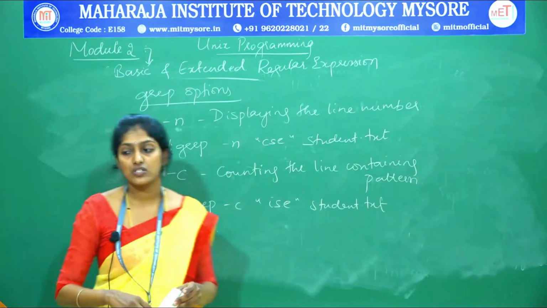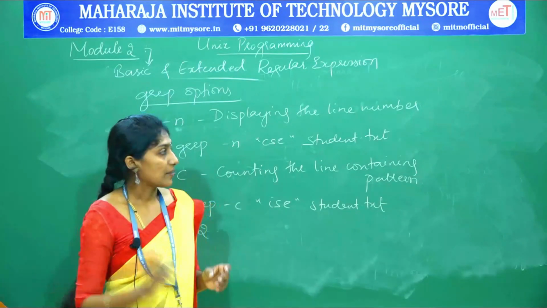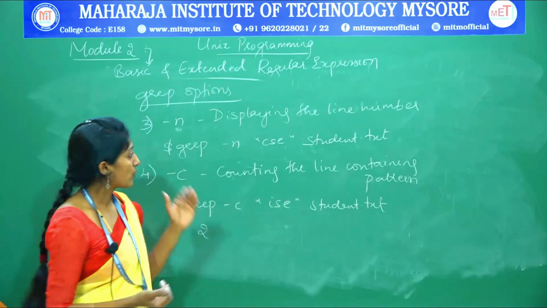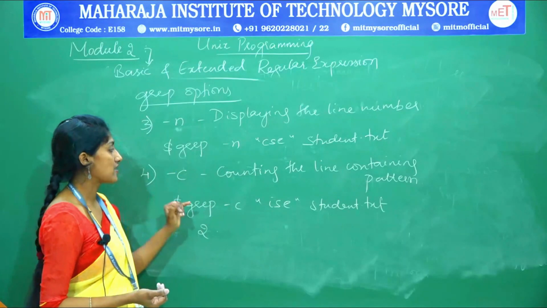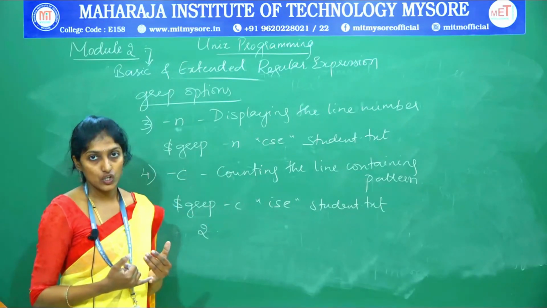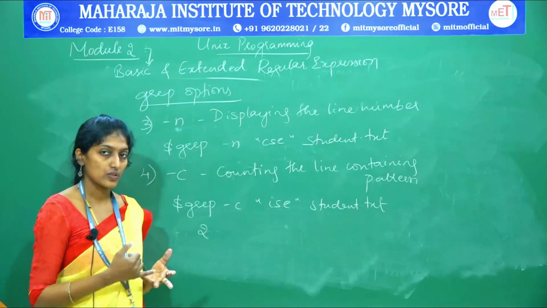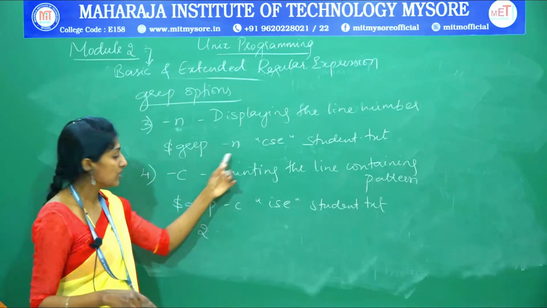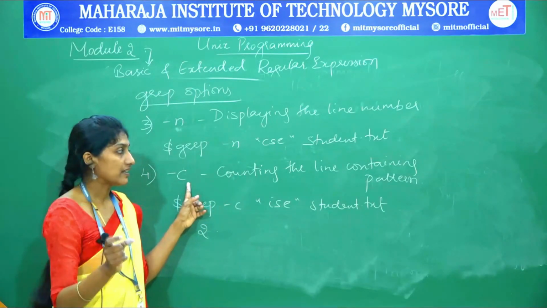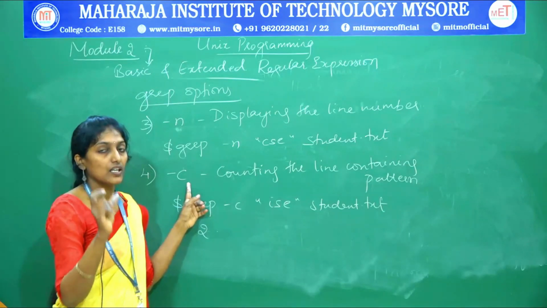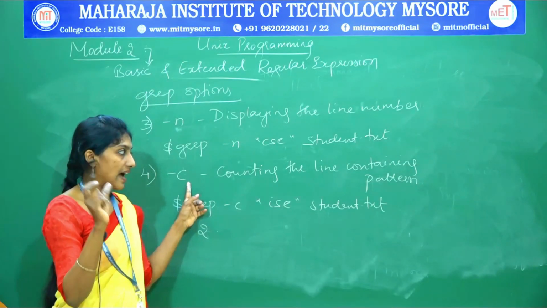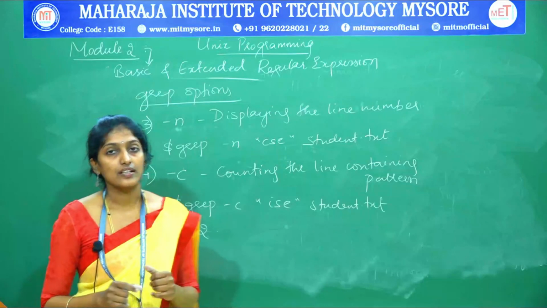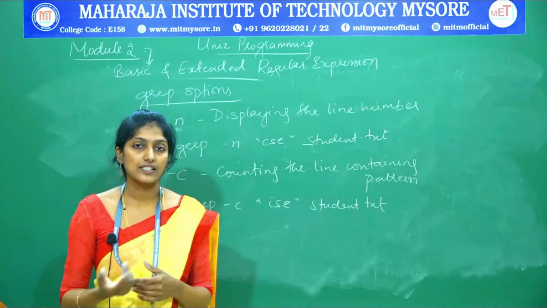So these are a few of the options within the grep command. We have a few more options which will be continued in the next session. Along with this, the options we have discussed in today's session are -i, ignoring the case; -v, deleting the lines which the user does not want; -n for getting the line number; and -c for counting the number of lines which contain the pattern. That count is going to be displayed. So this is about your grep options. The remaining options will be discussed in the next session. Thank you.